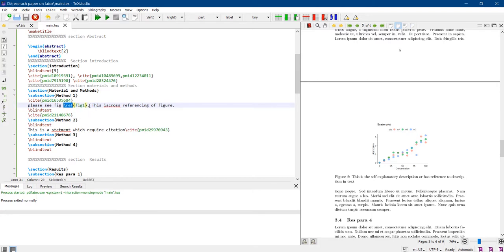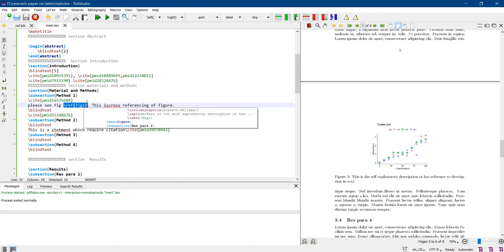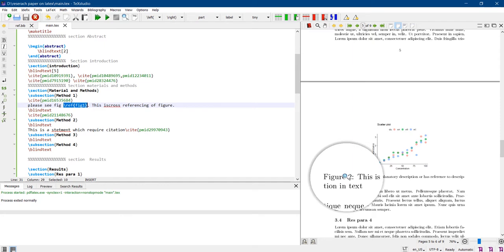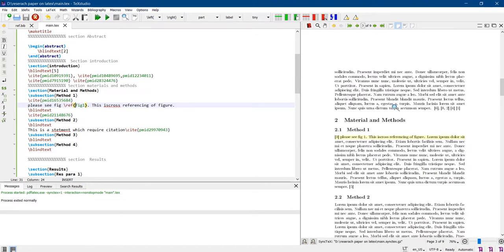Then this will give us the number of that figure, the sequential number of that figure, and as we go on increasing the figures, that sequential number will also go on increasing, and that number will be added to the caption also automatically, and that number will go to this cross reference also. I will run this, and here cross reference is there.